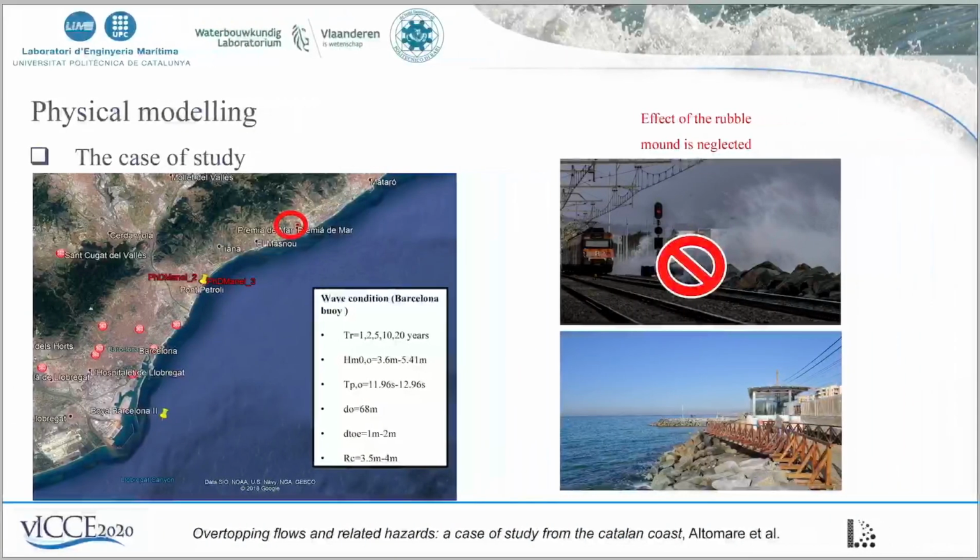Our case study is the case of Premià de Mar. Premià de Mar is a coastal town 40 km north of Barcelona that is characterized by a specific problem. We have a railroad and a railway and also a bike path that are basically on the seaside, very exposed to sea storms during the winter season, especially now that in several stretches of this area nourishment is not performed anymore. So there is also a lack of this protection.